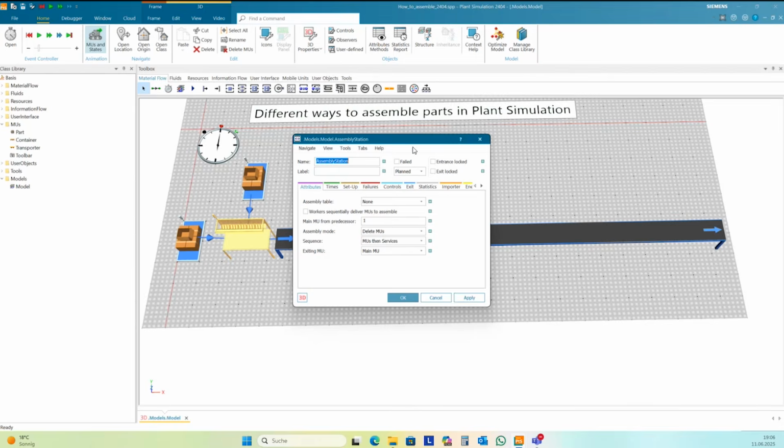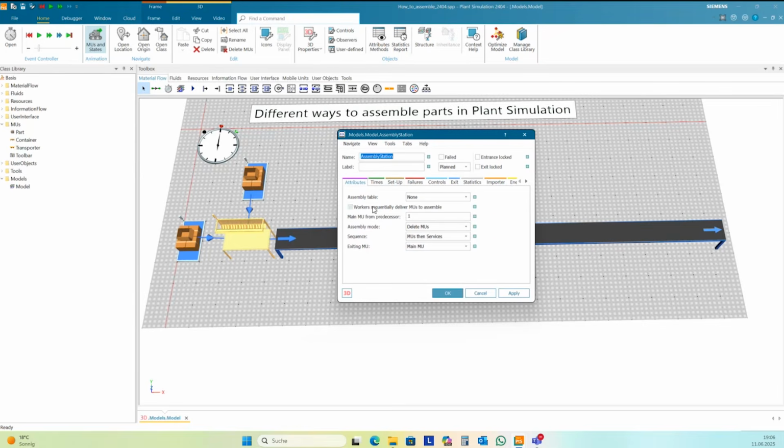We need to do some settings here. First, if you don't want to delete all the parts, then you should change the setting to attach. Here you can define one assembly table, for instance, depending on predecessors.